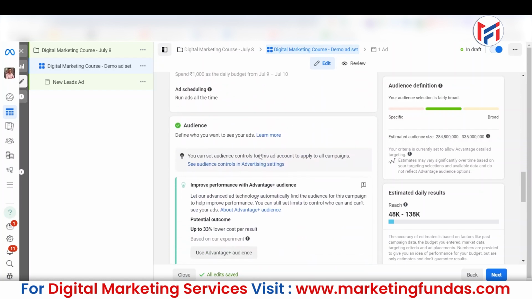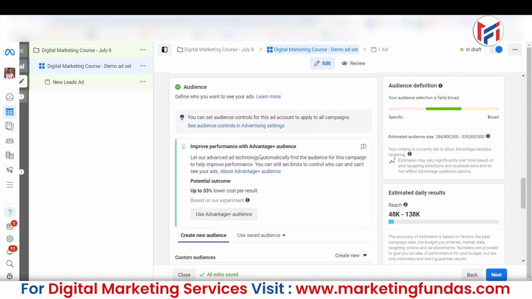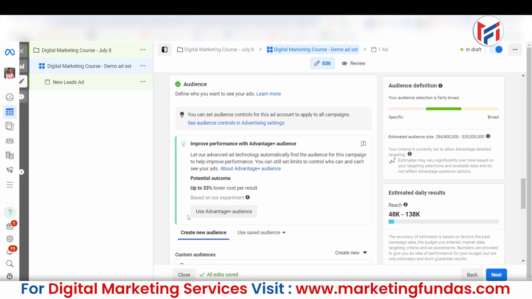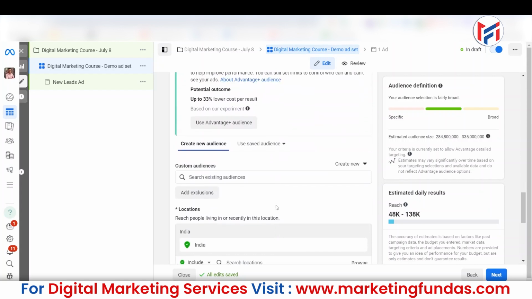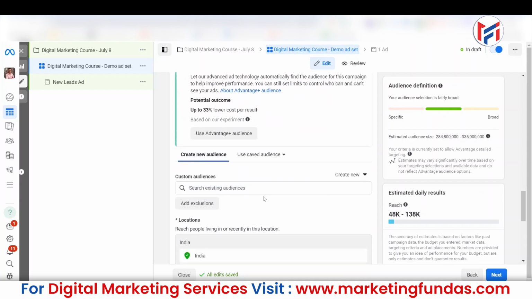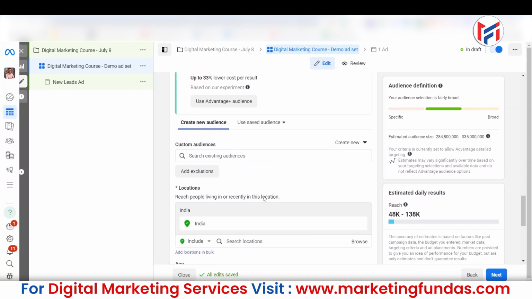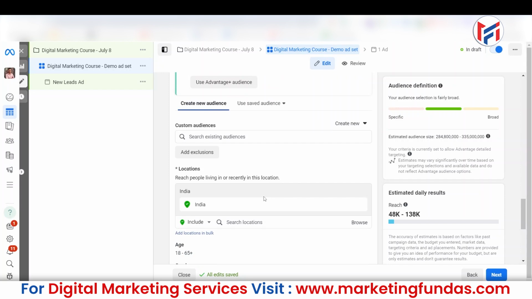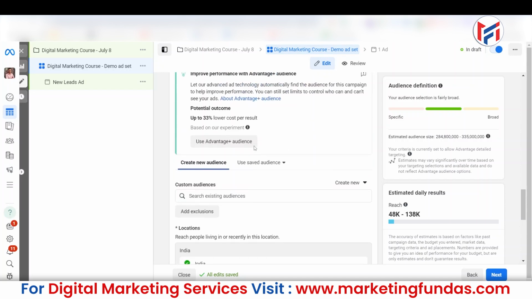So basically Facebook has changed the audience targeting option, and the name is Advantage Plus audience, right? So you can test these new things, which generally help you bring more results. But to understand the main essence of these things, I'm going back into the OG, the original audience targeting